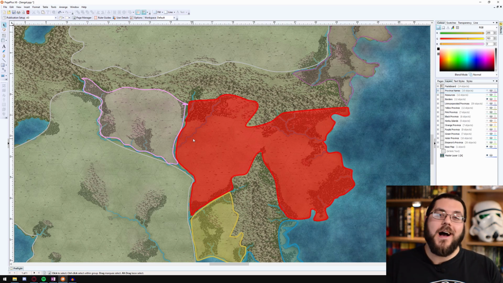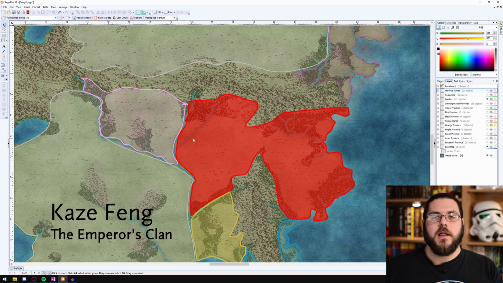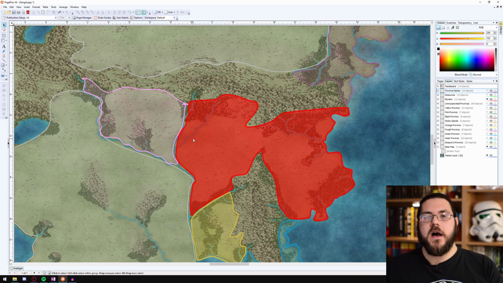For its proper name, I chose Kaze Feng, and I really like this because Feng is close enough to Fang that it immediately draws up these images of sharp teeth and of a dangerous predator, which is what I want from this emperor. And that leaves us just needing to decide on the names of the other clans, which I